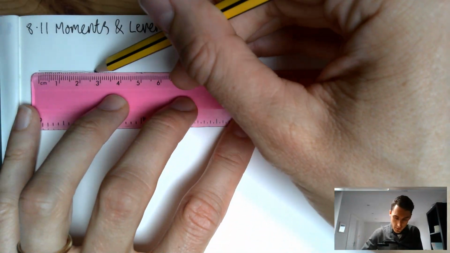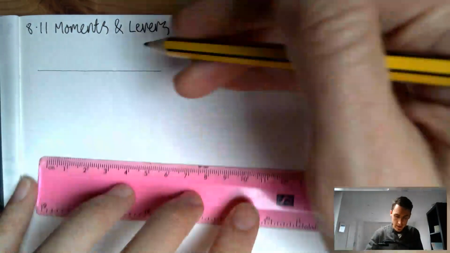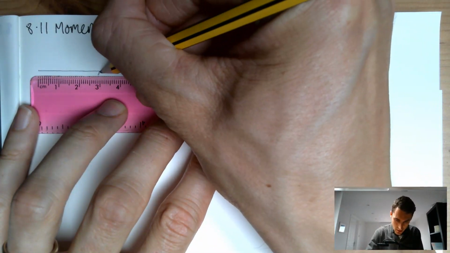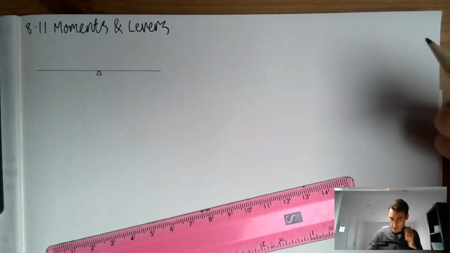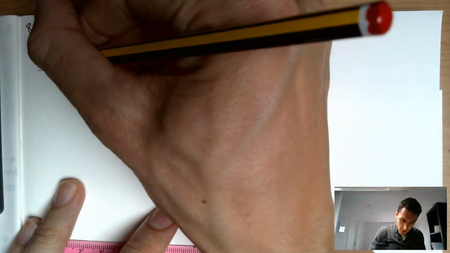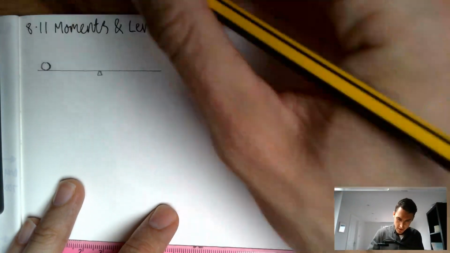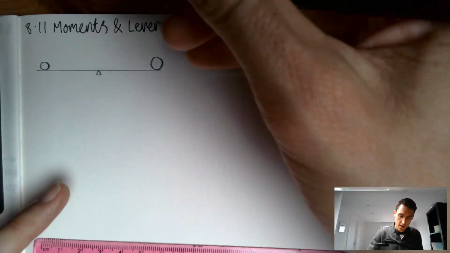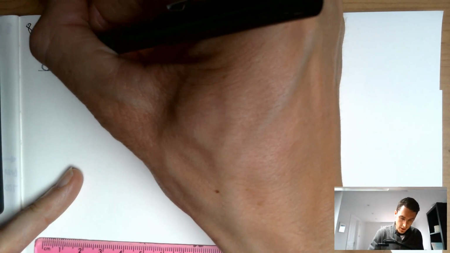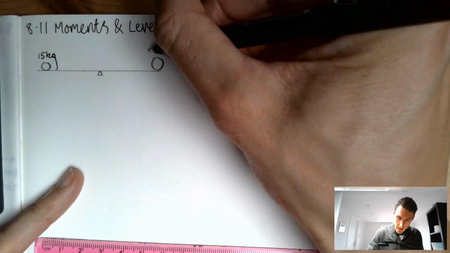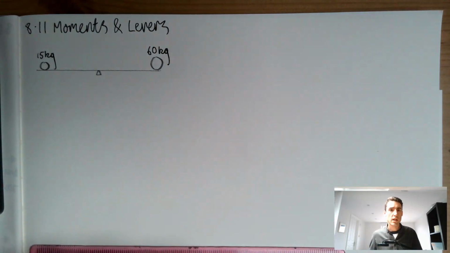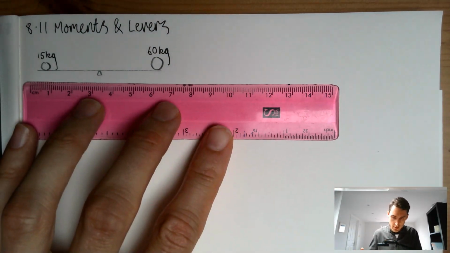So I'm going to start with this. Let's imagine my son and I go to the playground and we go to a seesaw. My son sits at one end, and I'm going to sit at the other end. At this age, my son is 15 kilograms, and I am 60 kilograms. I'm saying that to make the numbers easier. And we're both sitting 4 meters